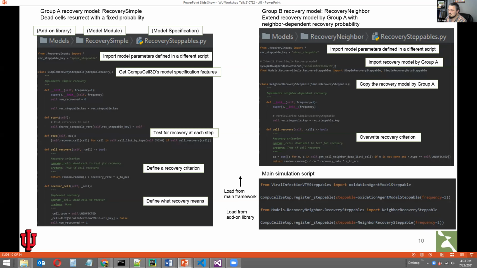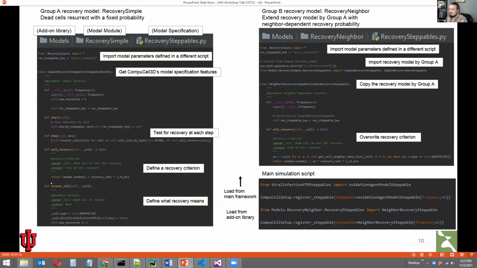In a framework like this, it's possible to break up every model module into a steppable implementation and define ways that those steppables can interact and share data. Or in this case, it's possible for one group to come along and inherit, to incorporate the work that's been done by someone else in their implementation and replace the things that they don't like or would like to improve.